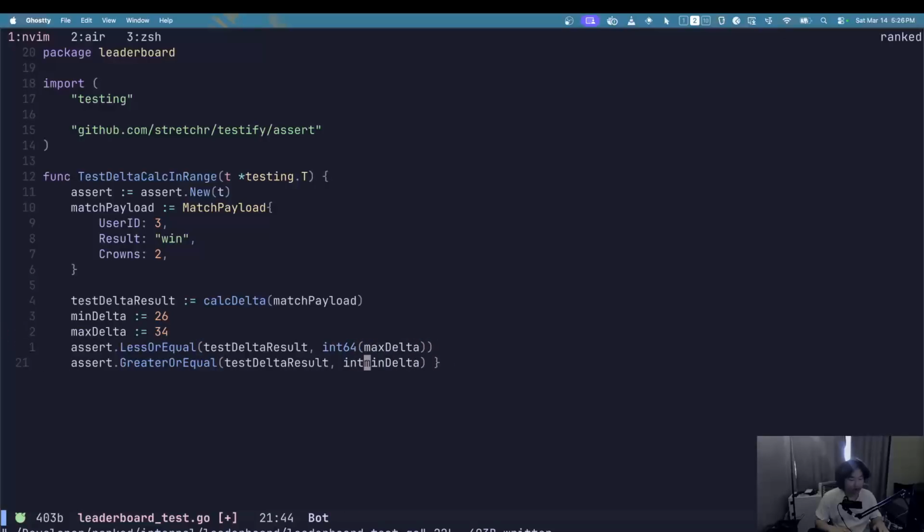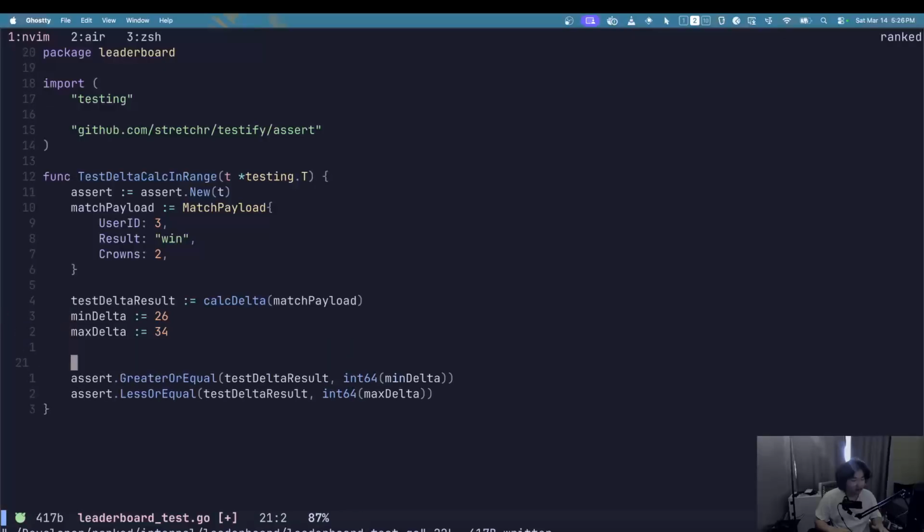So int64 here. Calc delta, yep, test min delta, max delta, min delta. Oh, shit. Yeah, it's to be less than or equal to the max delta, but greater than or equal to the... I should write this first, to be honest.